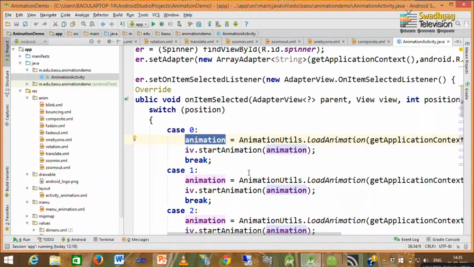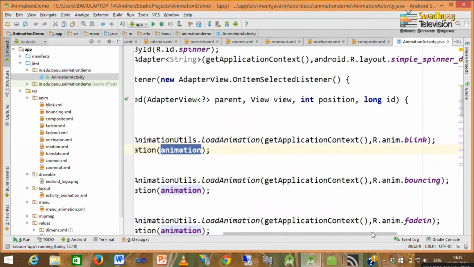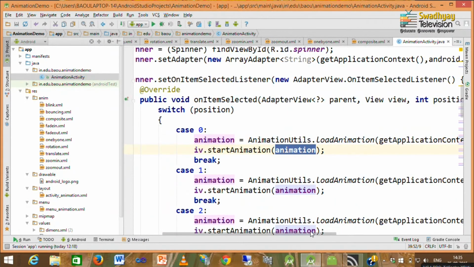To actually start the animation, we call the startAnimation method of the user interface element. In our case, it is an image view. So, I write iv.startAnimation, and inside that I specify the animation object. It will start the animation as per attributes written inside this anim blink.xml file.